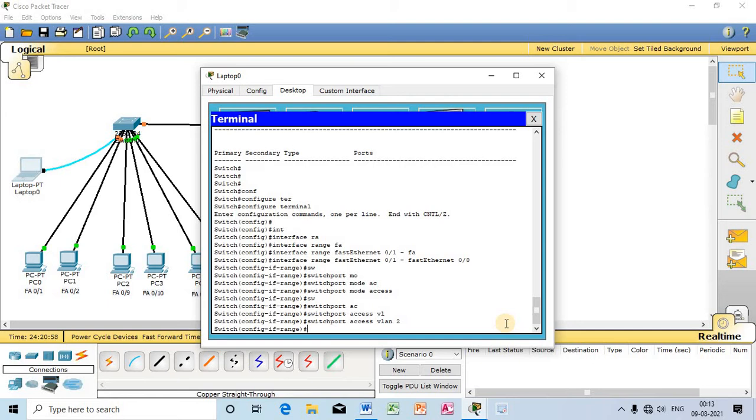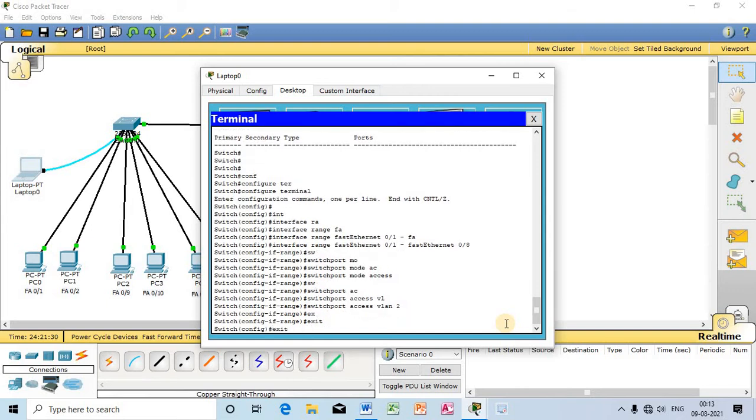So now what I have done, I have allotted port number 1 to port number 8 collectively under VLAN 2. Okay, so now I will move out from the selection. So I have already selected 8 ports, so I have released the selection. So I will move out from this selection. For that I will use exit.